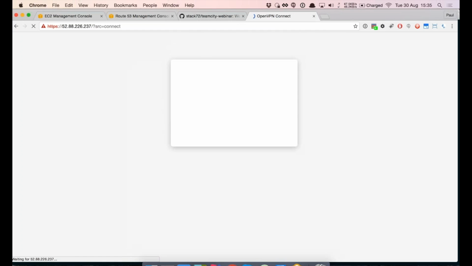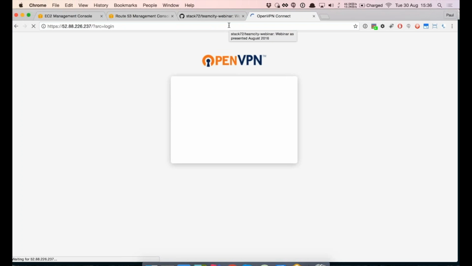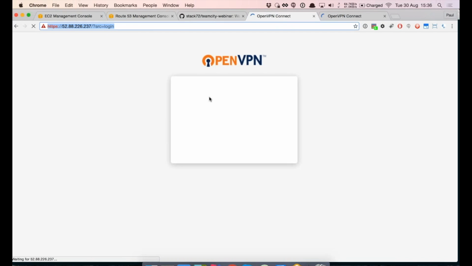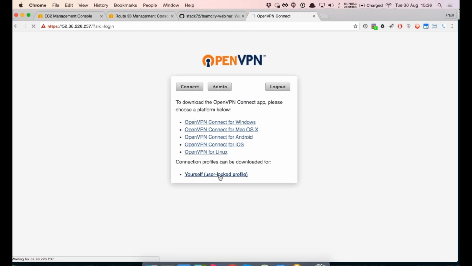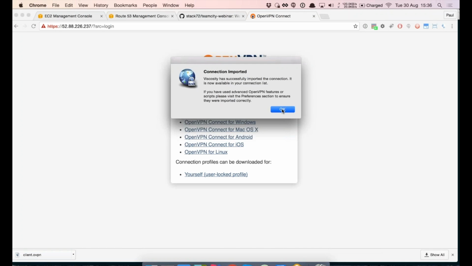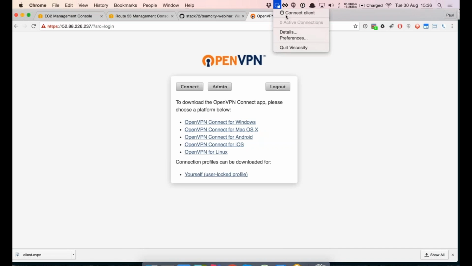It has no cert attached, so it's definitely insecure, and it's not something I would do in production. But just to show you that we can log into our VPN node when it finishes loading. Come on, little node. There we go. So I can log in to OpenVPN with a very super secret password that I've pre-created, and it will allow me to download a VPN client profile, which I'm just going to import into something called Viscosity. And if I connect to Viscosity,